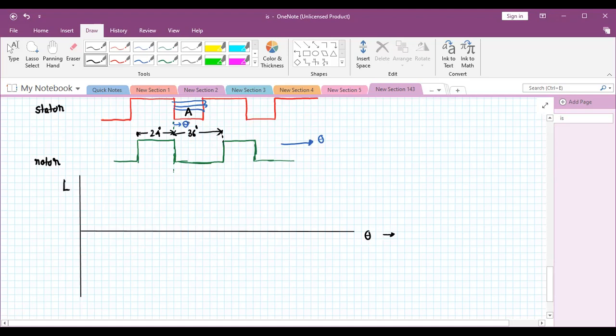Now see, after some angle theta, I will have to use another color. Consider the rotor. What is the air gap here? This is my Lg. Yes or no? But when the rotor is moving here, my Lg will vary or not? When it is moving over here, this air gap will be changing.